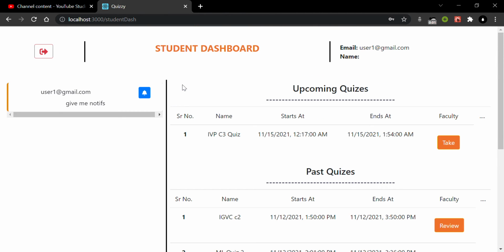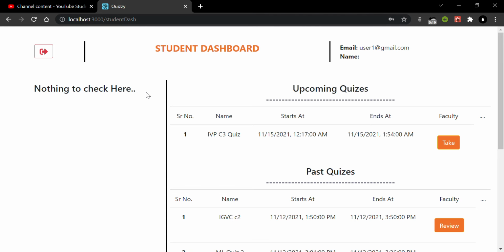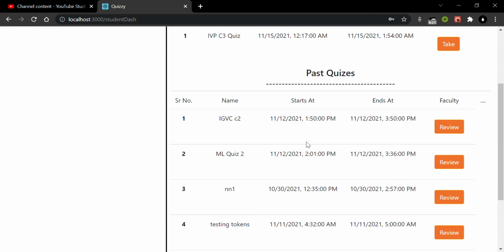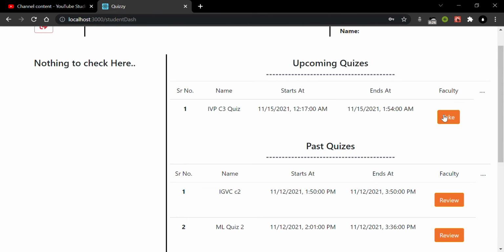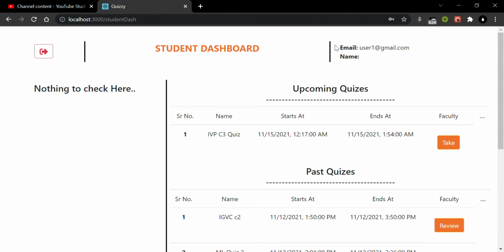So this is the student dashboard. Here you can see the notification panel, wherein the user ID of the sender will be shown, and this is the content of the notification. As soon as you have read the notification, you can click on it, and only then can you remove the notification. These are the past quizzes that have been conducted, and this is the present ongoing quiz. Here also, once you log in with any email ID, you can see the details. Again, we are using a testing ID, so no name is being shown.